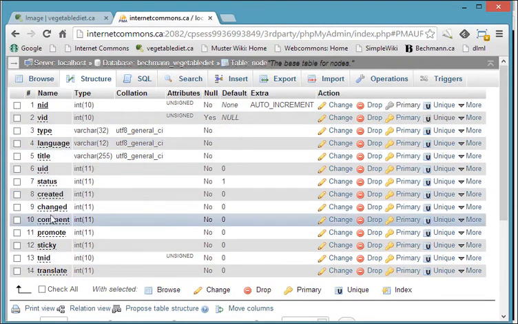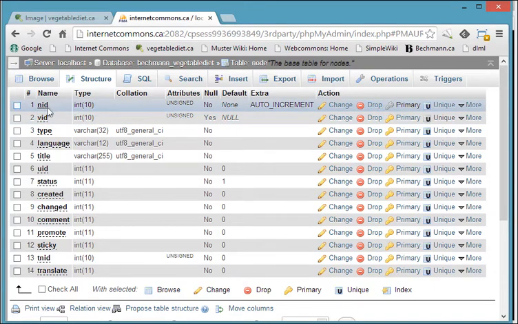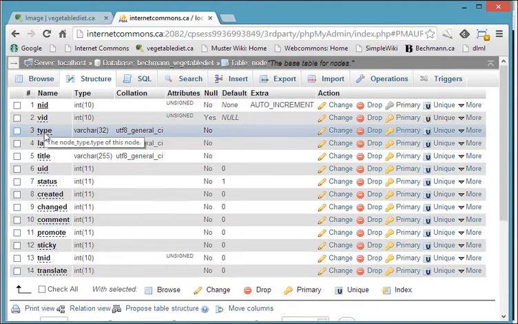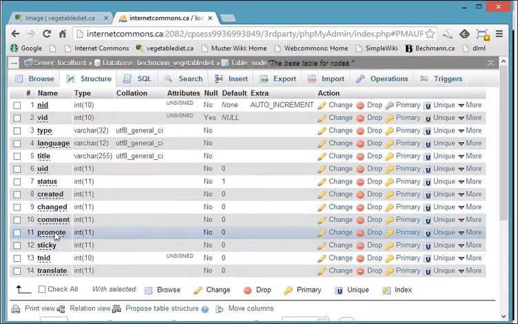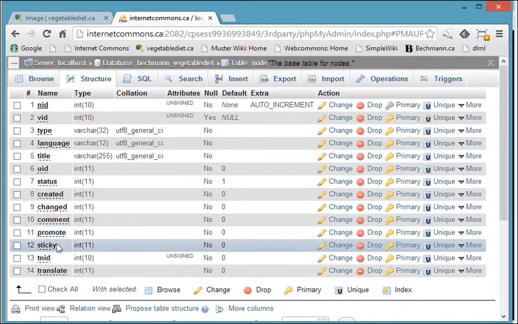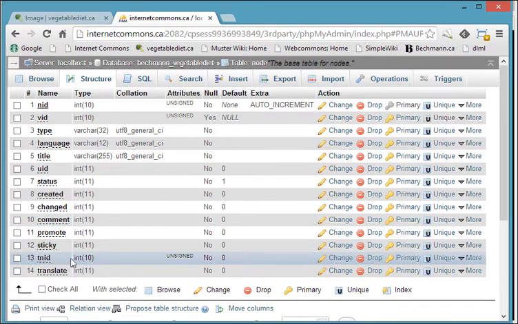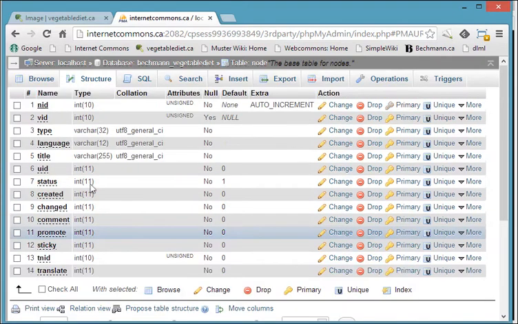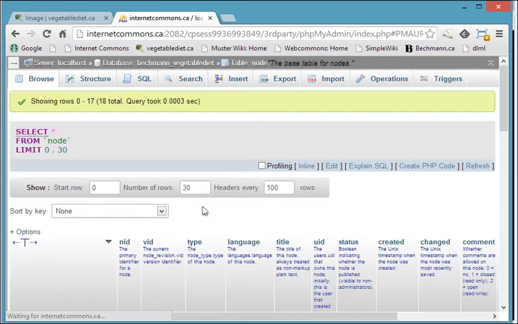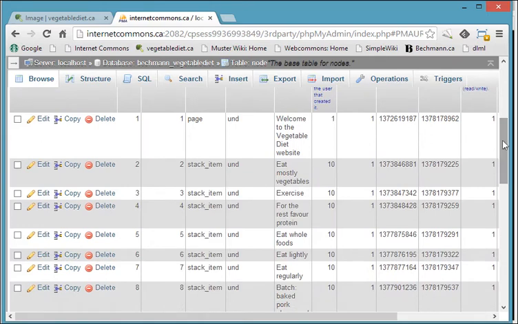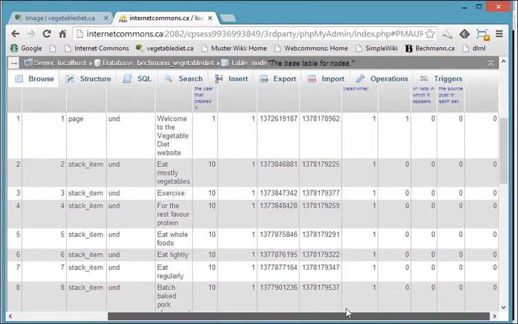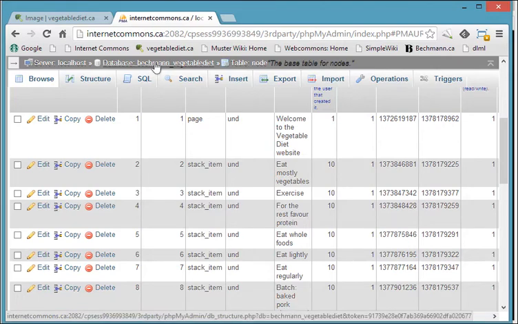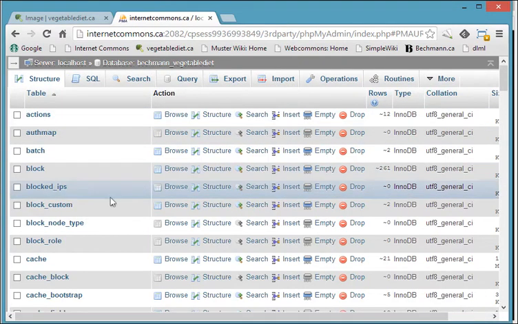Essentially, the fields that are part of the node table consist of information that's used for internal reference: the node ID, the version ID, the type of node that it is, the language that the node represents, the status of the node, created date, change date, a comment on the node. That's also data, whether it's been promoted to the front page, sticky, and some translation information. So really all kind of technical stuff. If you have a peek at the values in some of these fields, you'll see that the node type can be page or stack item or any of these other things, but there's no place for the body or the images. And the way Drupal actually deals with this is it creates